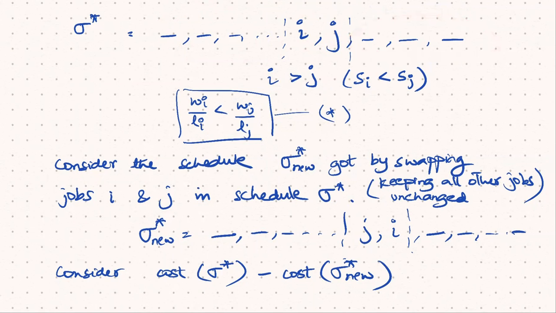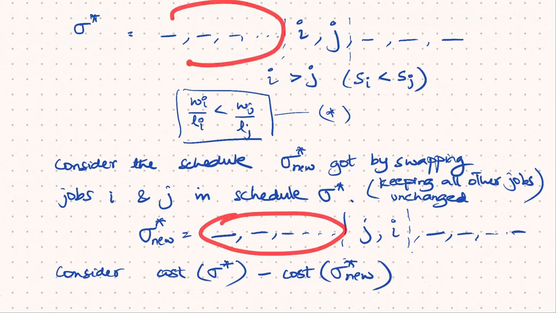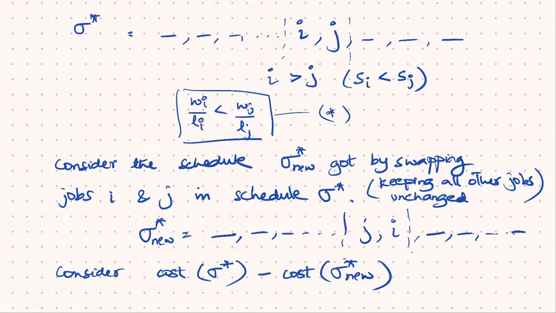Now we observe that since sigma star new has this and this as the same, their contribution to the weighted completion time is going to be the same. It's not going to change, right? So when I consider this difference, the contribution from these two will simply cancel out because they are exactly the same. Okay, the contribution due to these two jobs, well, they will change, so we have to consider that. But we notice that the completion time at this point is the same as this,